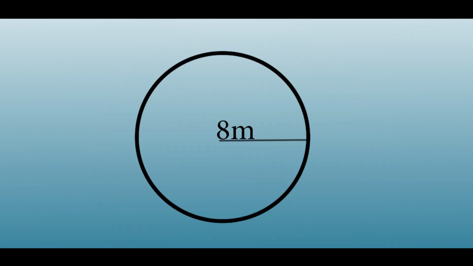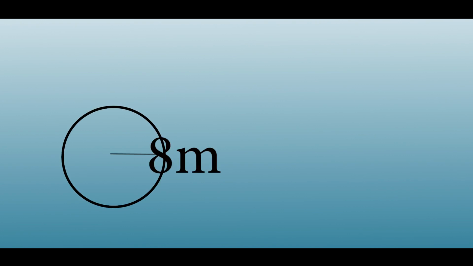You know the formula to find the circumference of a circle and the formula to find the area of the circle. So we will use what you know to solve this question. Now we have a circle here whose radius is 8 meter. Here you are supposed to find the area of the circle as well as the circumference of the circle. Radius is given. First we will find the circumference of a circle.